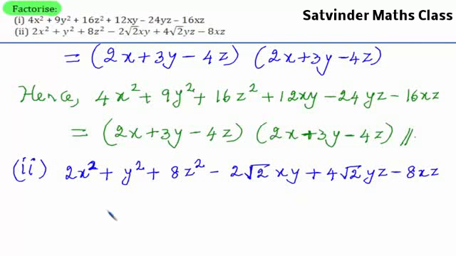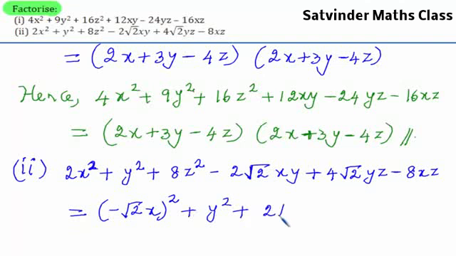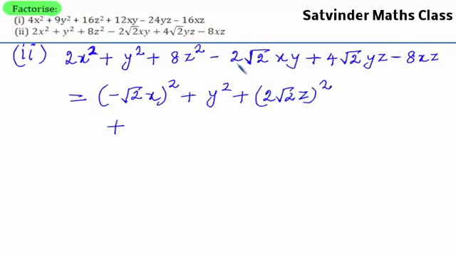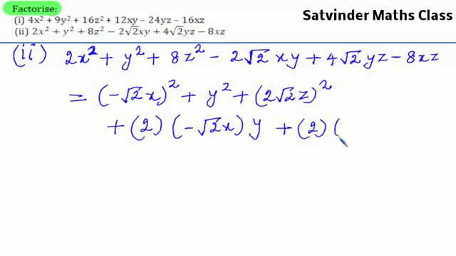We can write this expression as minus root 2 x the whole square plus y square plus 8z square can be written as 2 root 2 z whole square, plus minus 2 root 2 xy can be written as 2 into minus root 2 x into y, plus 4 root 2 yz can be written as 2 into y into 2 root 2 z,